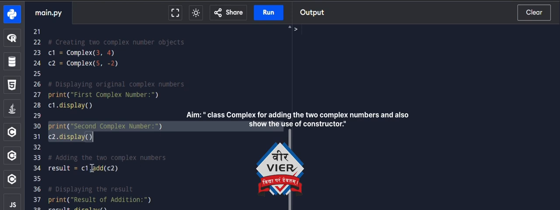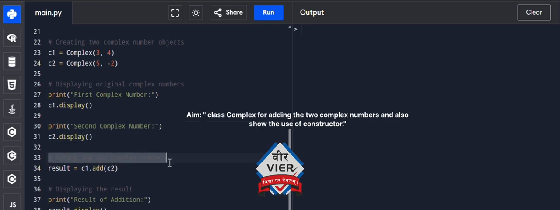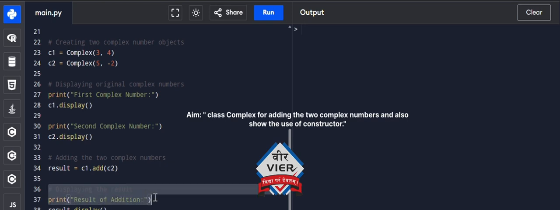3. The display method, display. Code line: def display(self). This method is for user-friendly output. It formats the output as a + bi. sign = '+' if self.imag >= 0 else '-'. Sign handling: this uses a simple conditional statement to determine if the imaginary part is positive or negative, ensuring the correct sign is printed between the parts.